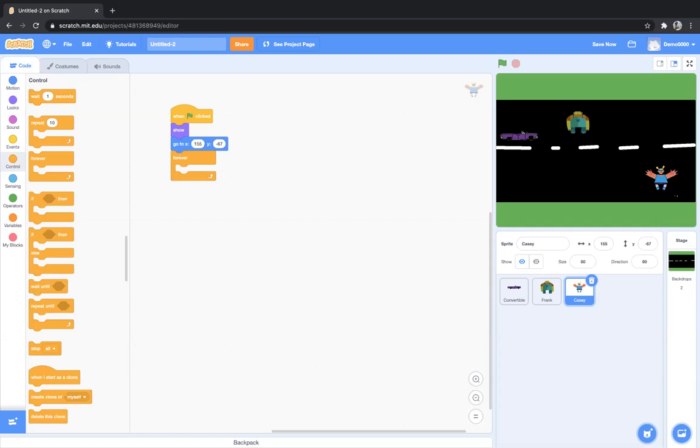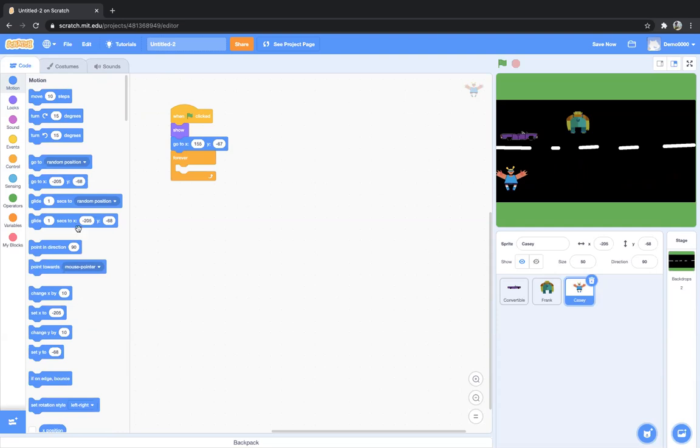Now to make him glide, I'll just hold Casey and place it here. Now I'll go to motion and use the block glide 1 second to this. I already have the coordinates of the position where Casey is right now, which is minus 205 and minus 68.